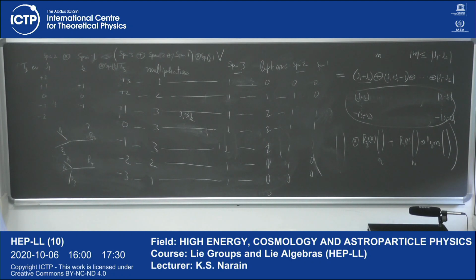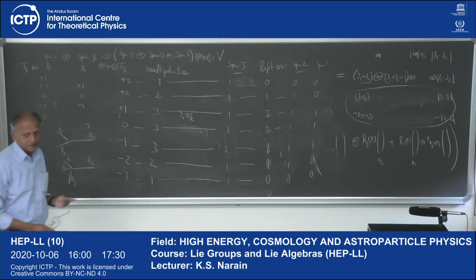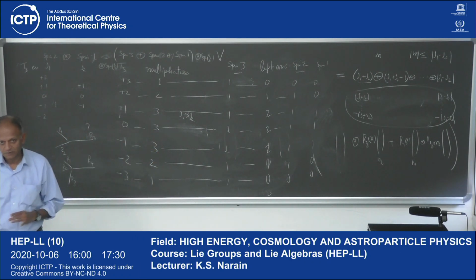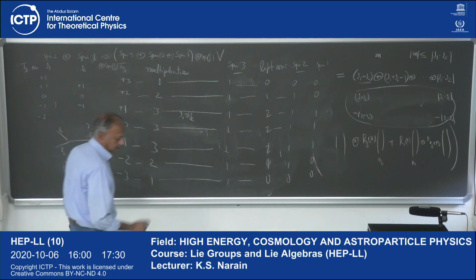So the question is whether, once you go to the group level, you can have all these representations for SU2 and SO3. It turns out that for SO3, you don't have half integer spin. You only have integer spin. So how does one see this? One way to see this is,